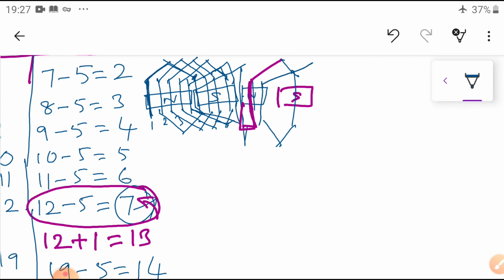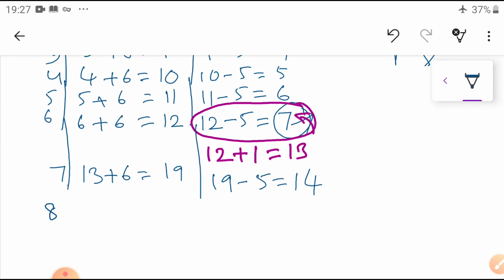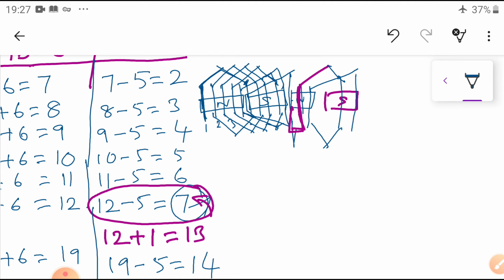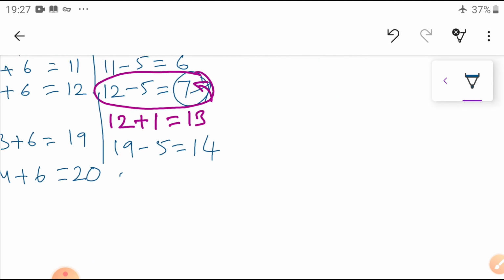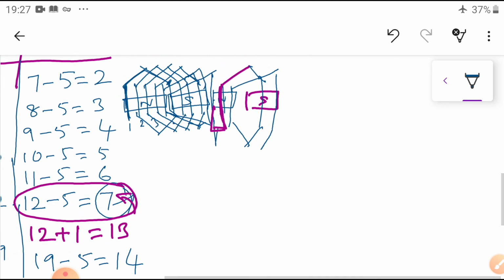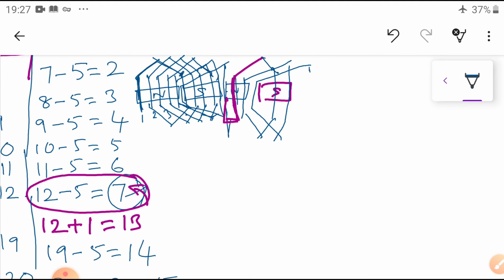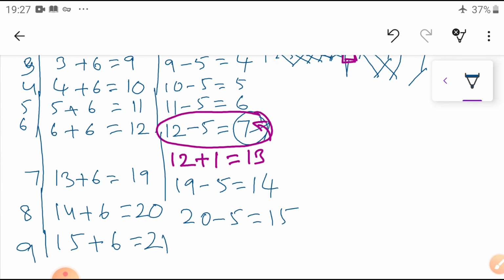Okay. The 14th back pitch, and where are you going to connect? So this one, that conductor is equal to 14 plus 6, the 20th conductor. So you are going to connect to the 20th. Now it is connected to 20 minus 5, so 15th. Okay. So you are going to connect to the 15th once again. Front pitch, so 15 plus 6 is 21. Okay. You are going to connect the 21st conductor. The 21 is connected to the front pitch.